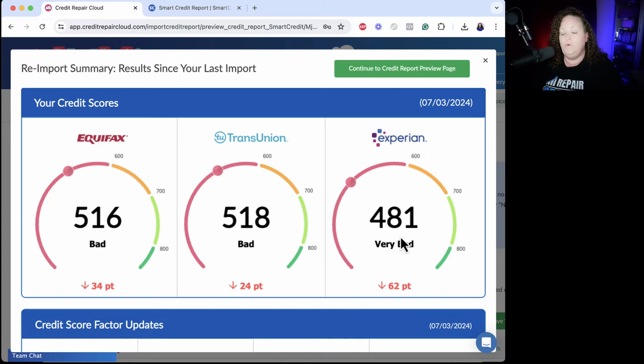Every time you re-import a credit report, you're going to get what's called a re-import summary. And sometimes it's correct and sometimes it's very challenging to read. Sometimes it's not 100% correct. So if you feel like the re-import summary is more confusing, what I would recommend is simply recording a Loom video,